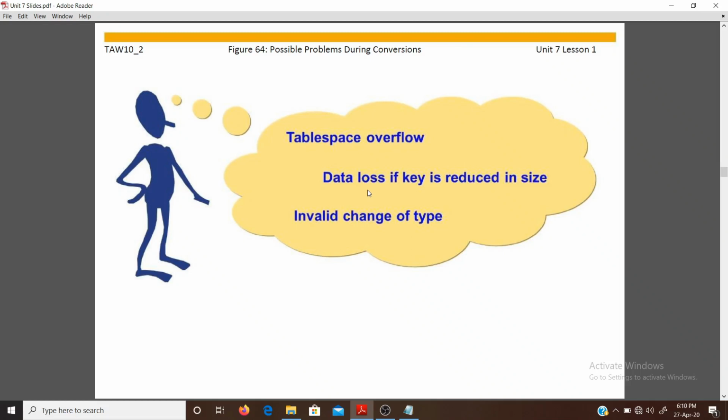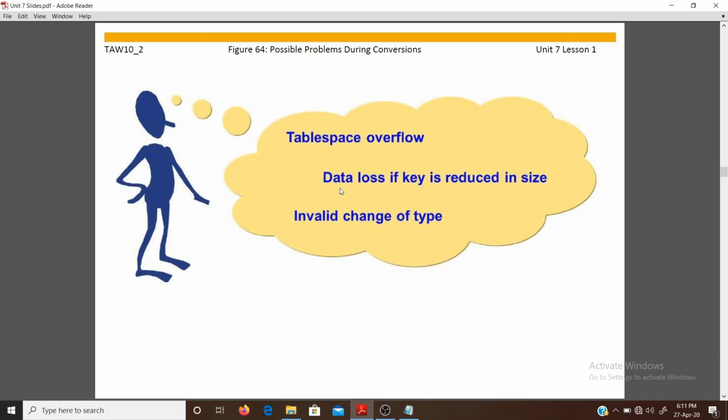When you reload the data from the temporary table, only one of these records can be accessed. So if the data is dependent on the key and the key is reduced in size, there is a chance of data loss.